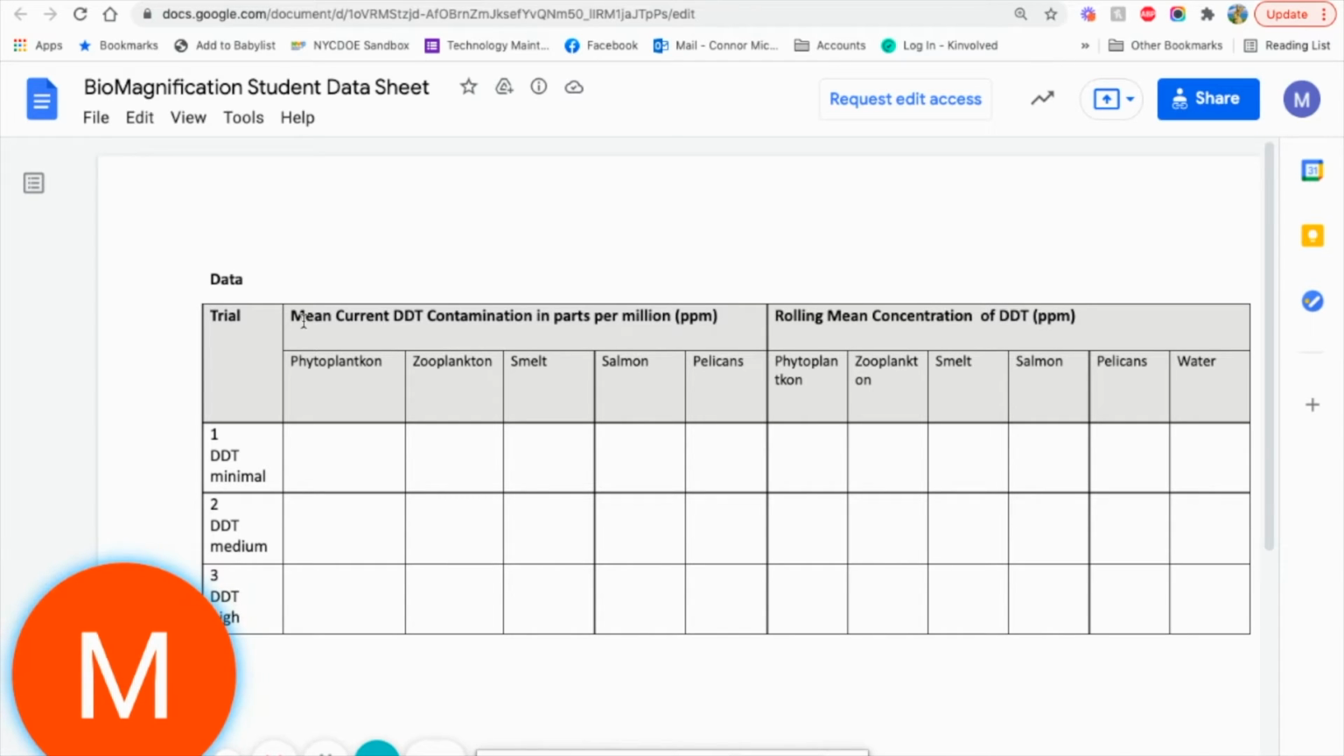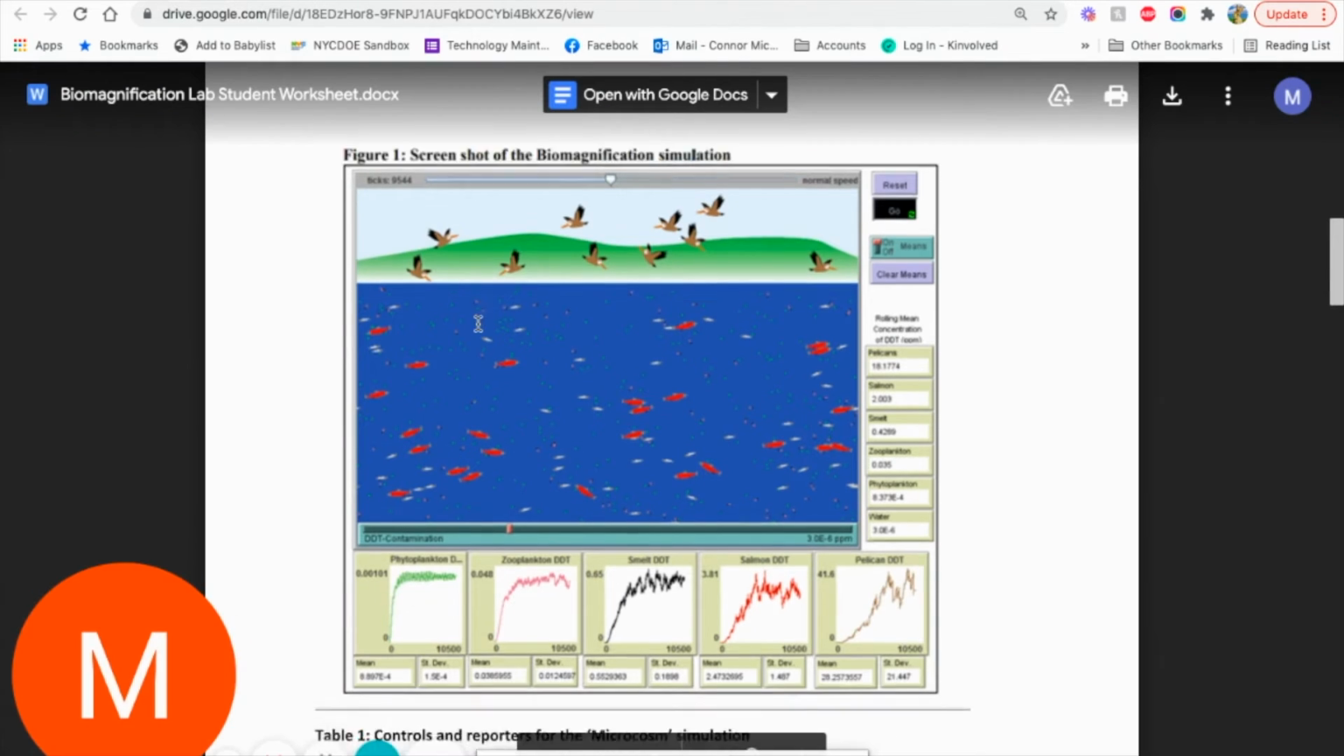So they're doing the current DDT contamination in parts per million, and then they're also looking at the rolling mean concentration, and I'll show you where those are. You'll notice there's 3 different trials and then several different organisms that we're going to be looking at. So if we go to the directions,